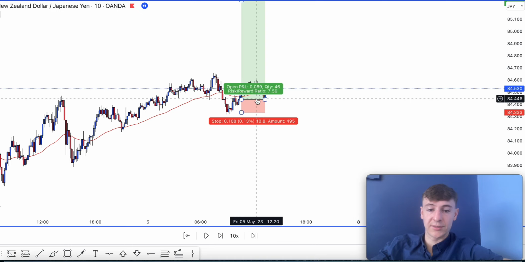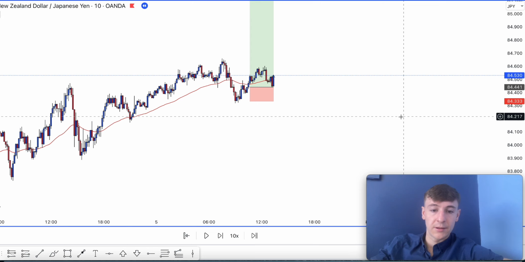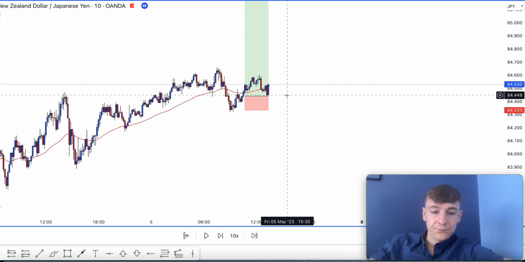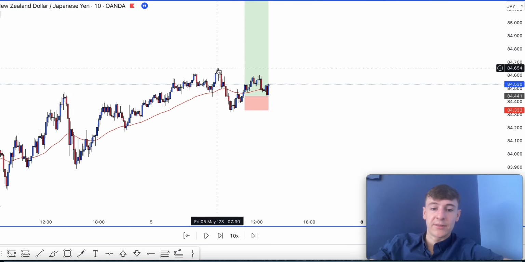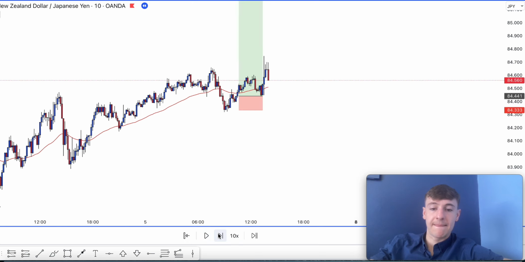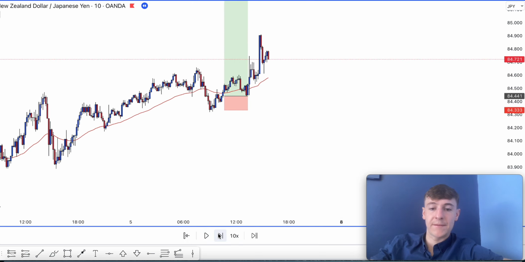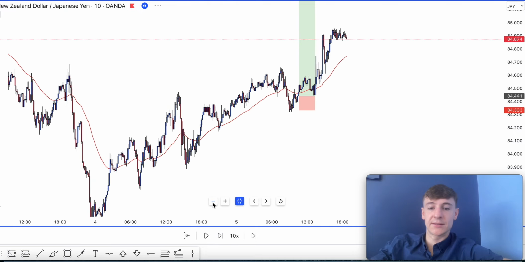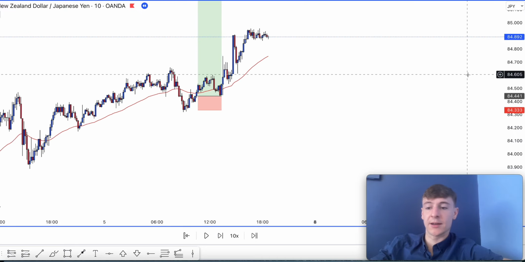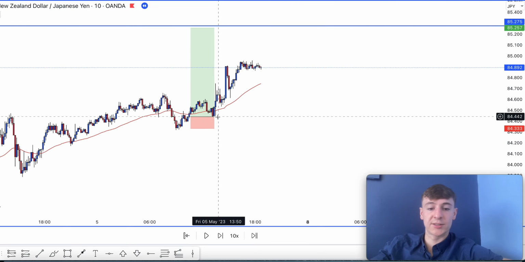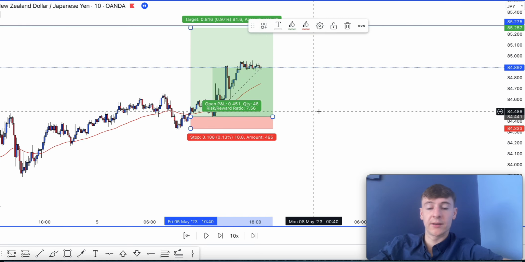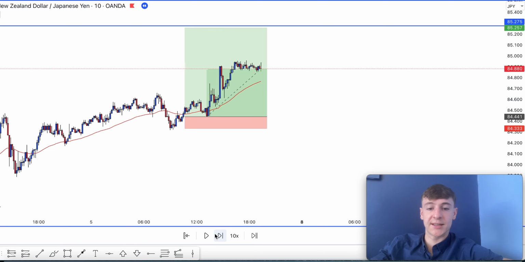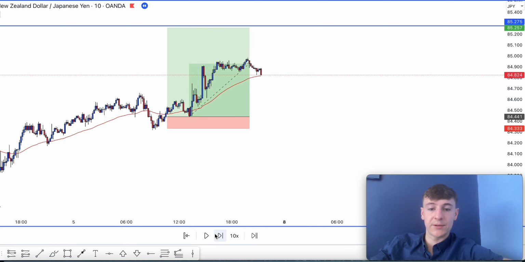Okay, obviously you could argue that it broke below, but ideally you want to break out of these highs as well first. Okay, we're popping. Obviously, like I say, don't risk your money on this. Don't trade this way. I'm just showing you an example of what I'm working on at the minute. Again, it's not in use at the minute. I'm just testing it. So if we break back below the 10-minute,